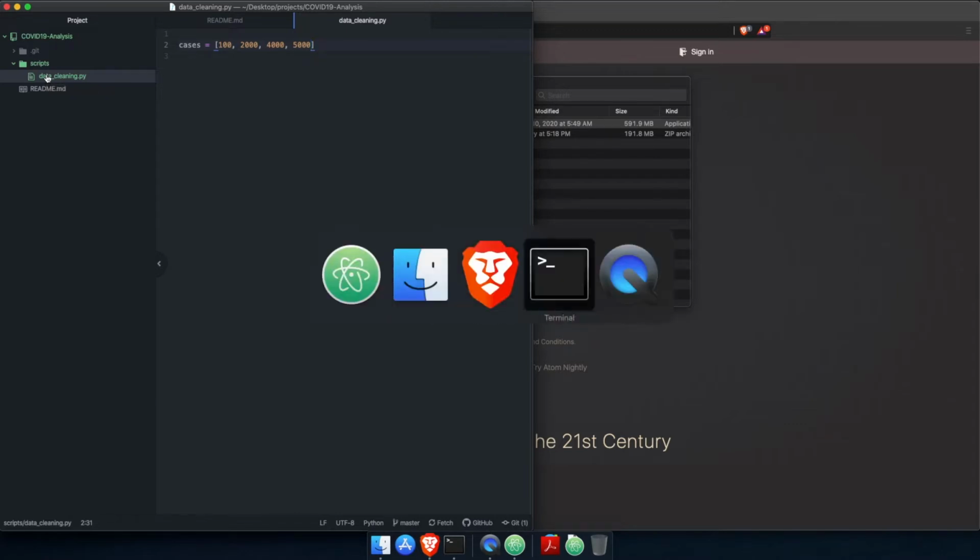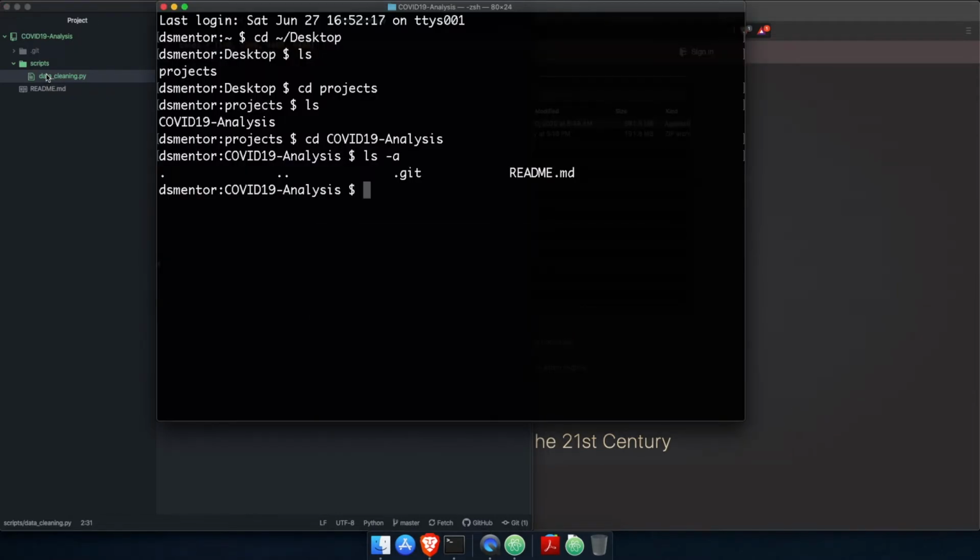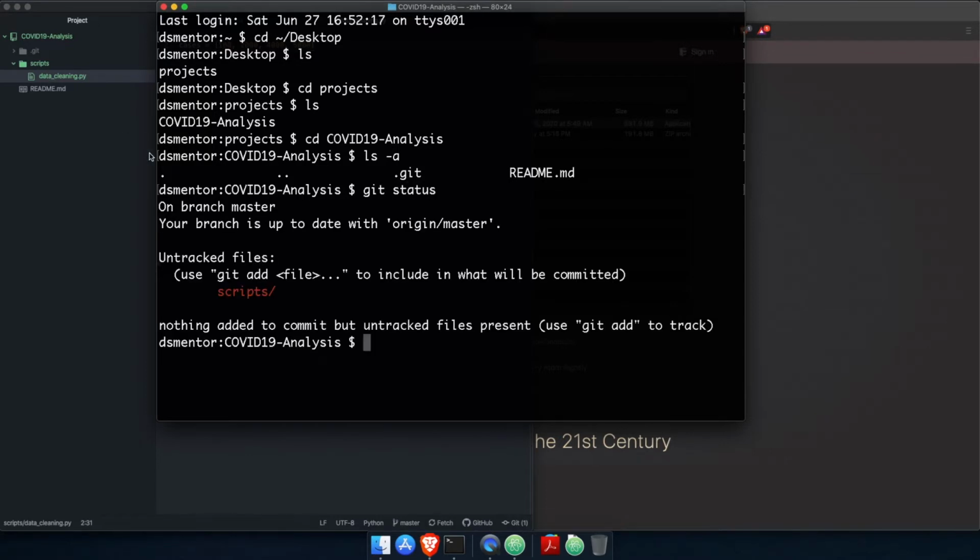Let's switch to terminal. And now if you want to check the status of your repository at any time, you use the git status command. So with the changes we made so far, if you run git status, the changes should be displayed in red. And untracked files are essentially new files added to the repository. And so what this is telling you here is that there is a new subdirectory called scripts that was added